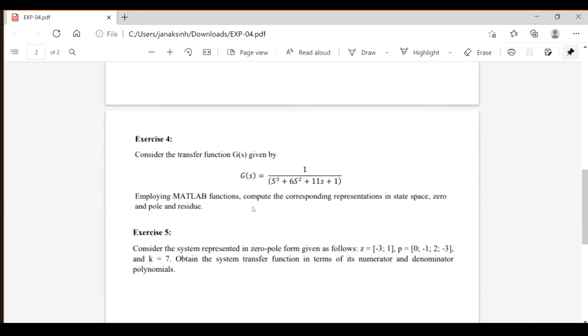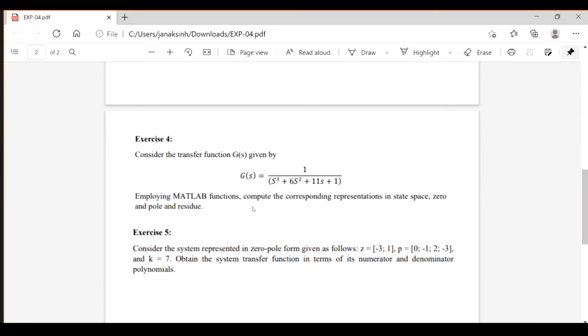State space representation in control system engineering is a mathematical model which has a set of inputs as well as a set of outputs, and it can be represented by first order differential equations. Unlike other forms, we can represent it in differential form, the state space representation. Now we understand this with our Octave code.